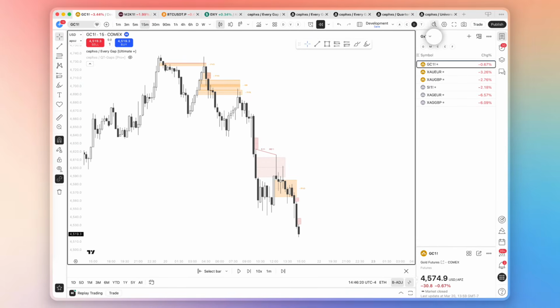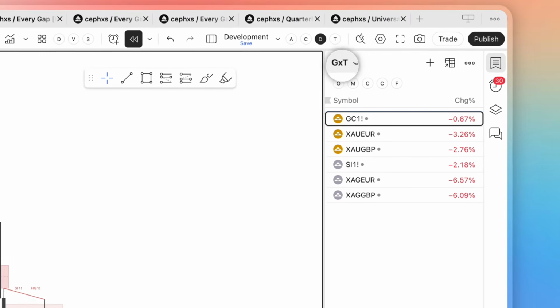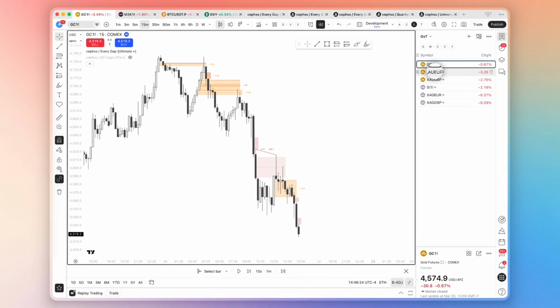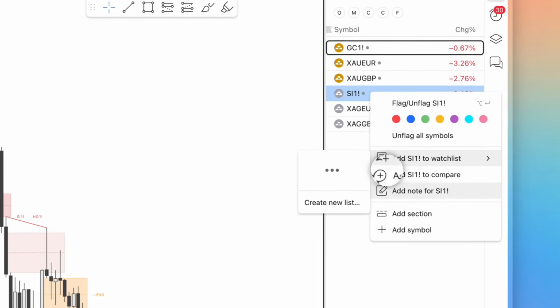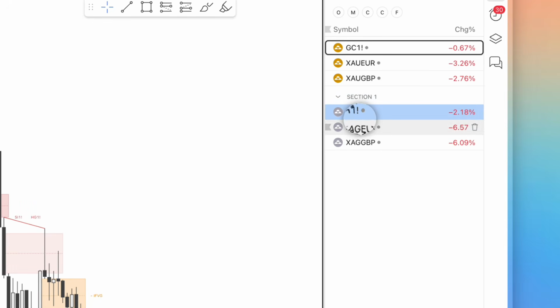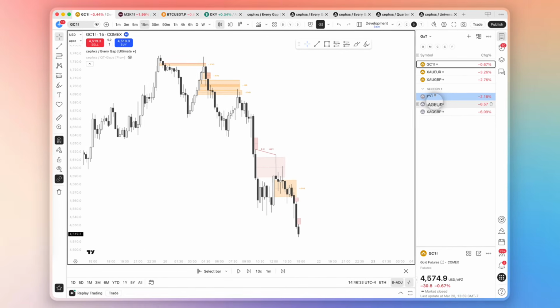So on the right here, you can see I have this GXT watch list, and we have gold, gold euro, gold pound, silver, silver euro, silver pound. And this is how I think GXT uses his correlation. And according to some of the GXT traders in the community, they told me that this is how they would like it to be. Because before now, if they wanted to use silver, XAG euro, and XAG GBP, they had